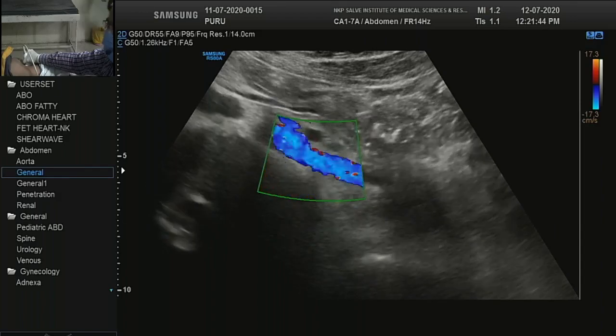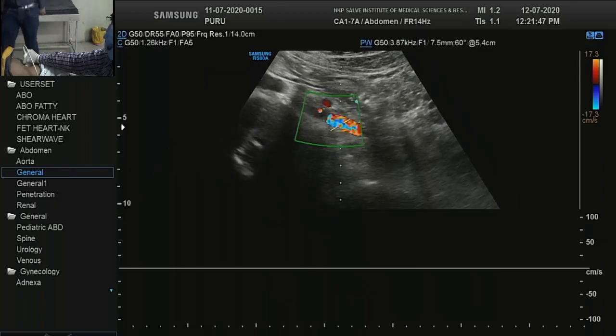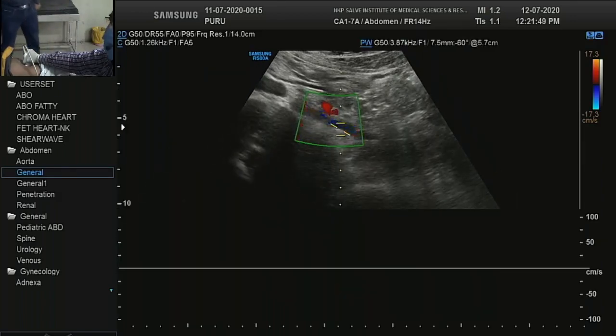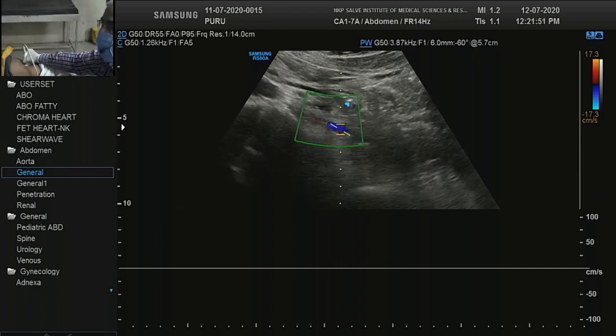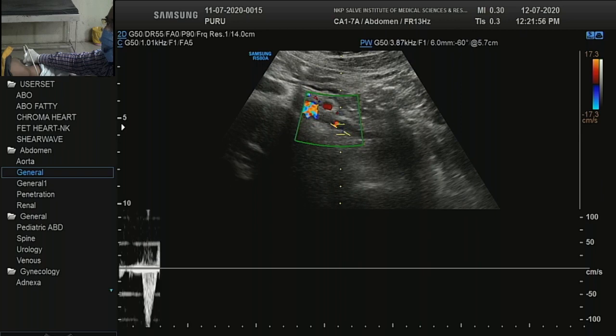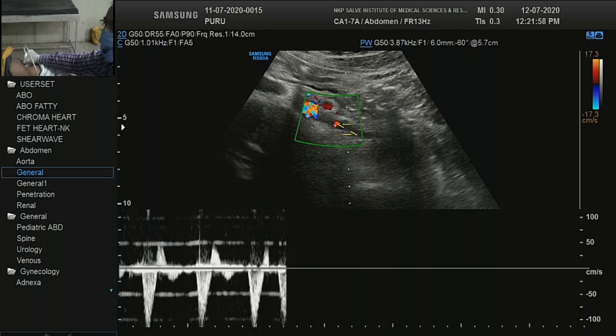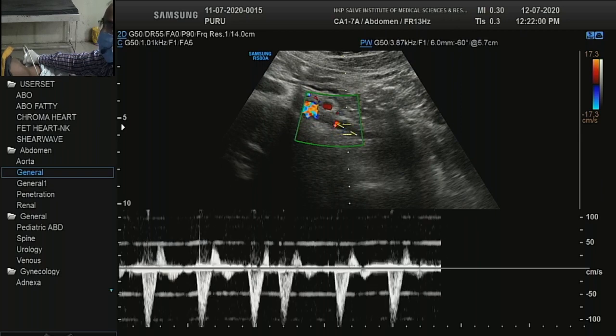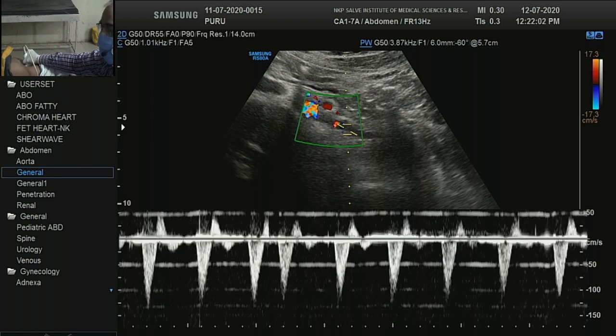So this is the common iliac artery on the left side. We'll reduce the sample volume here. This is triphasic flow.